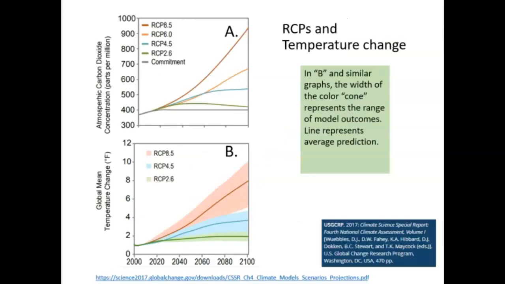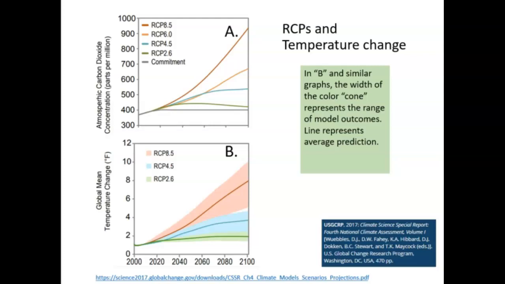Okay, up to now we've only looked at graphs of the assumed greenhouse gas emissions for each of the RCPs. I want you to see how RCPs are used to inform us about possible futures. So in this slide, we'll examine the predictions of how much warming will occur with each pathway. Here we see 2 graphs. The top graph is basically the same one we examined in the previous slide. The bottom graph shows 3 of the RCPs and associated change in global mean temperature.